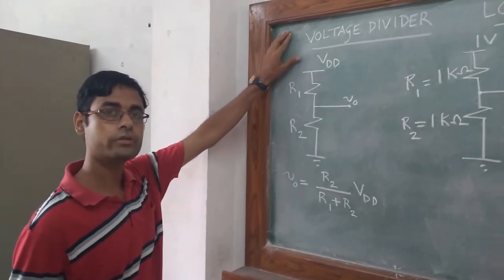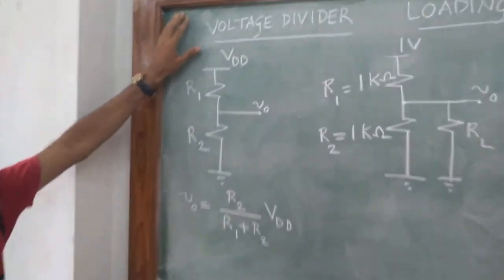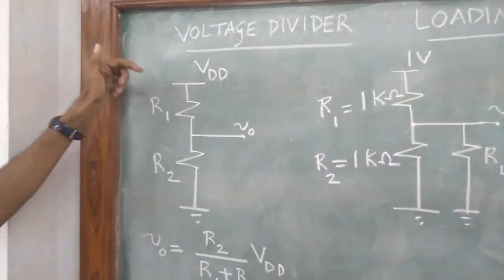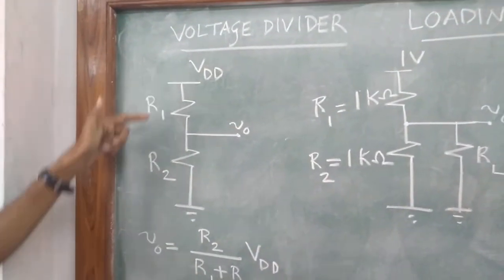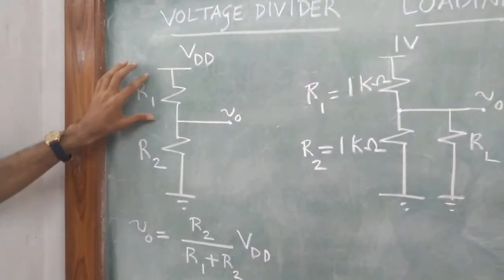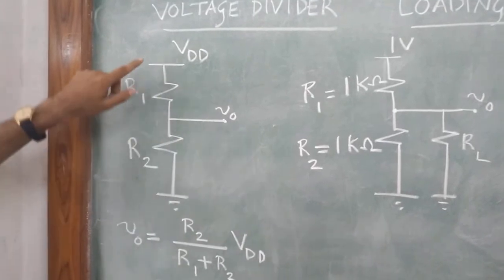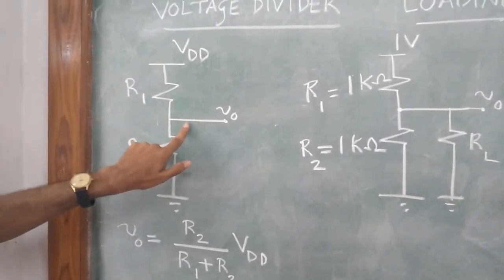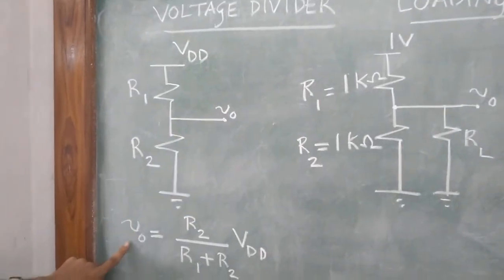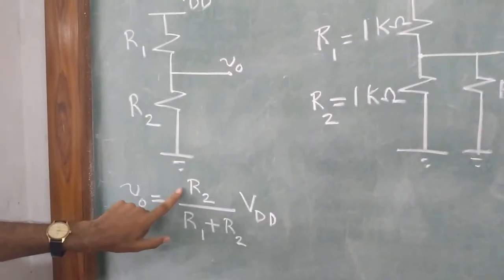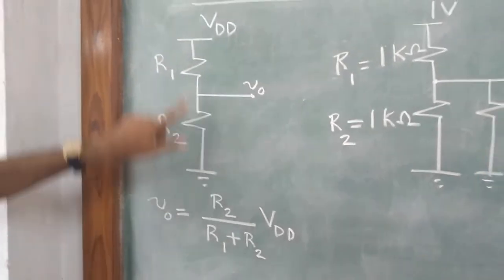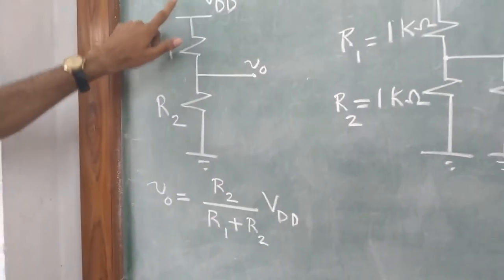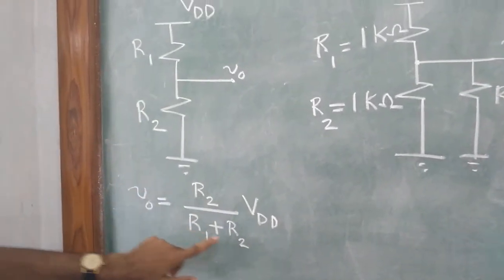Next circuit is the voltage divider circuit. This is widely found in many electronic configurations and big circuits. So you have a basic structure like this, comprising two resistances in series. Supply voltage is given at the top, and we want information about this midpoint voltage, which is given by V0 equal to R2 divided by the summation of the top to bottom resistance multiplied by the supply voltage. So V0 is R2 by R1 plus R2 times VDD.